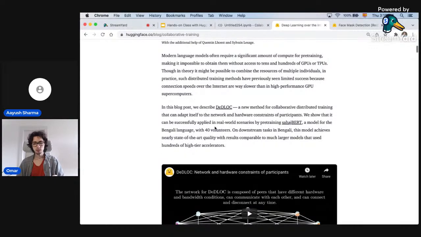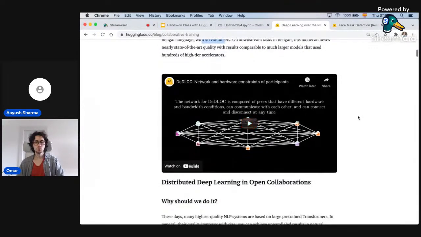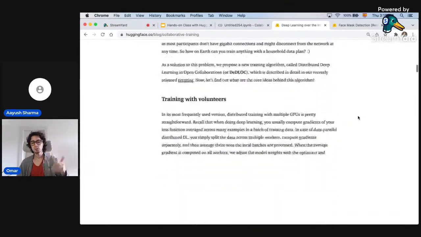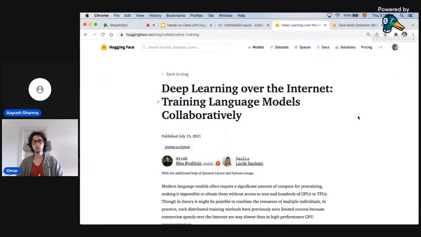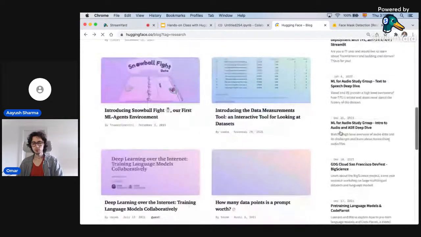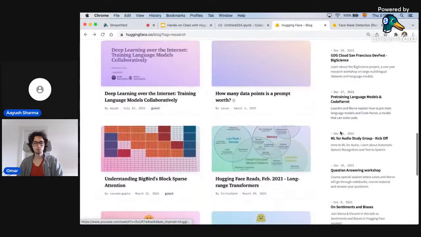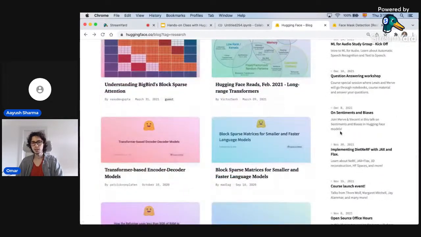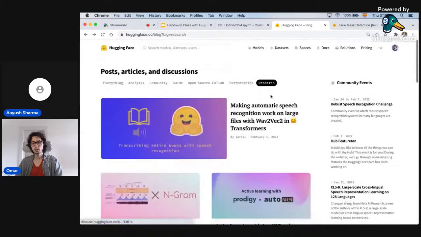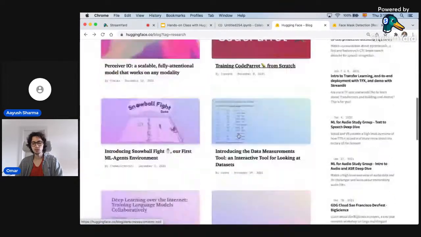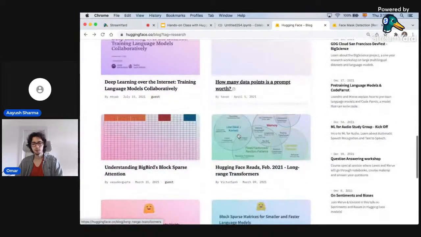So we had, let's see, 40 different people. So 40 people were giving a bit of compute power, and we were in a central place training this model. It was quite interesting. So yeah, in terms of research, Hugging Face is doing its own research in many areas. We actually have a very large research organization. And you can go here and explore a bit the different research related things we have been doing.